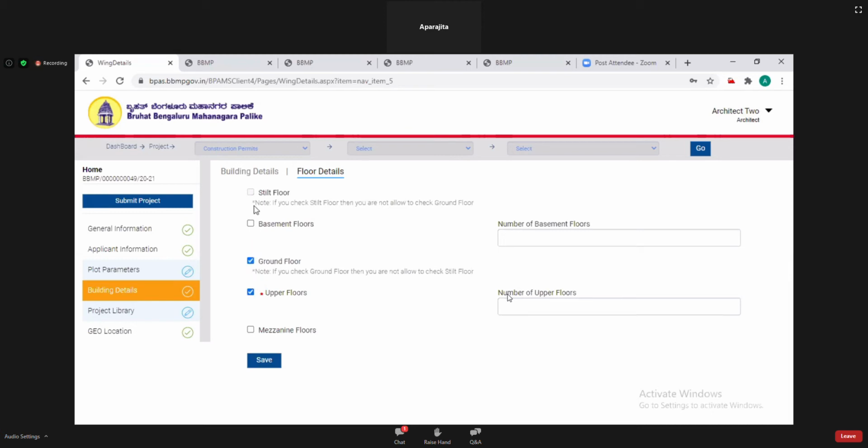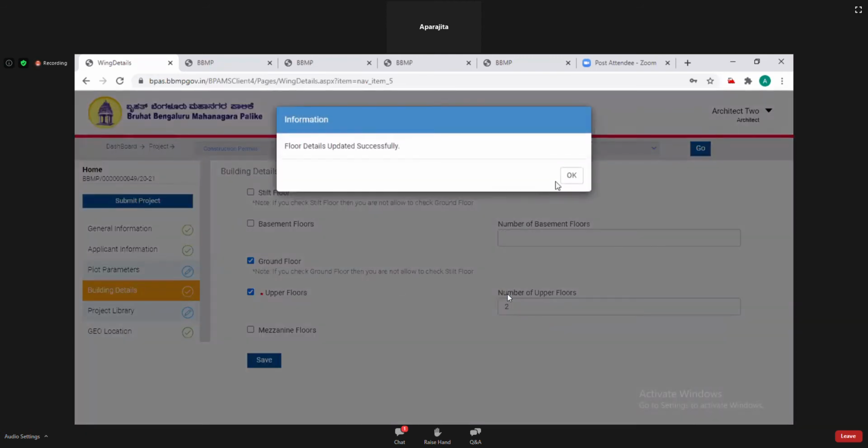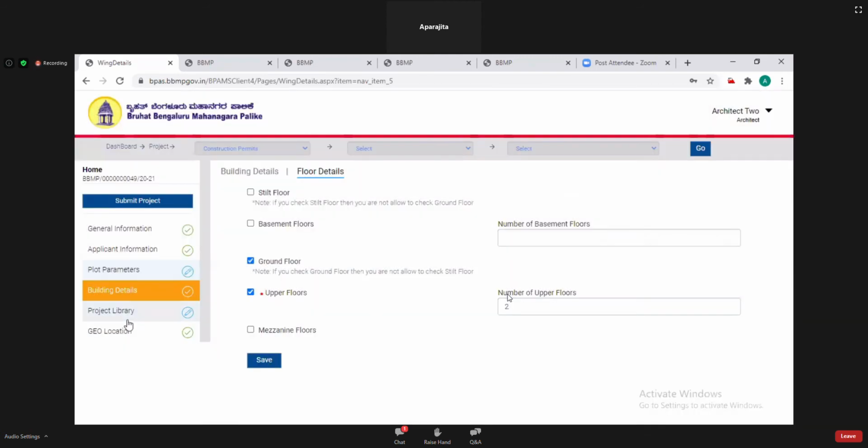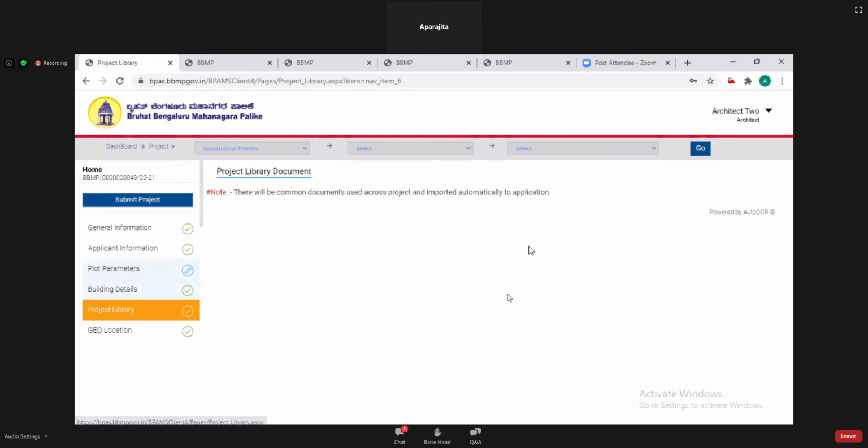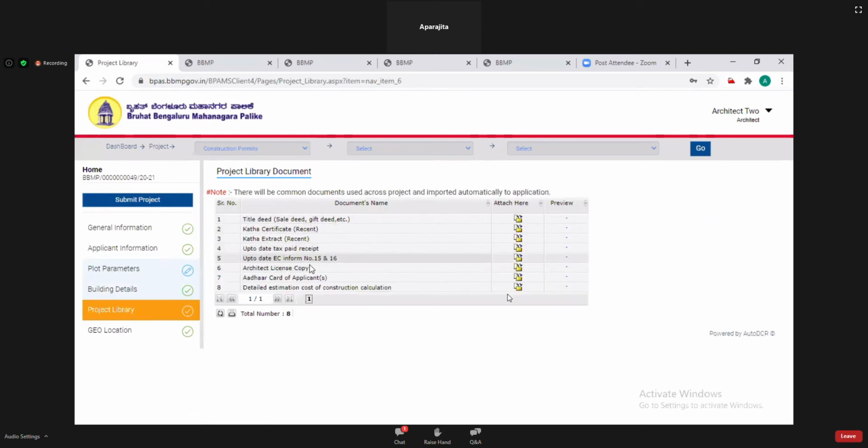For floor details, you have to mark stilt floor or ground floor. And there are some mandatory documents like title deeds, khata extract, khata certificate, and Aadhaar card.